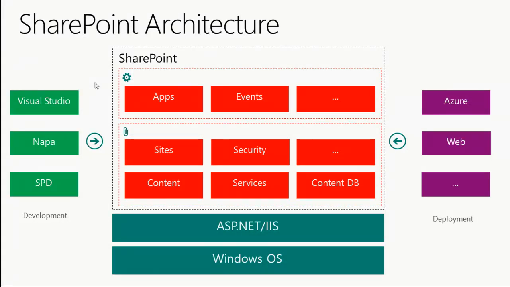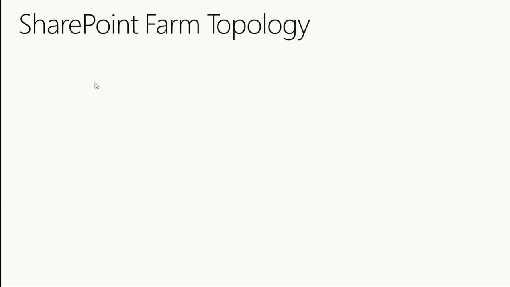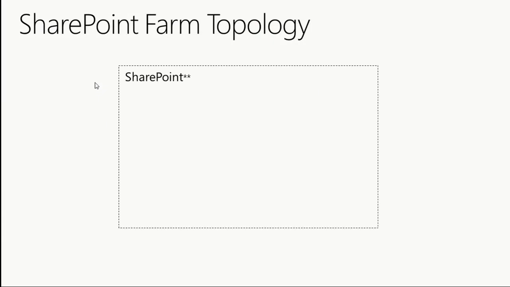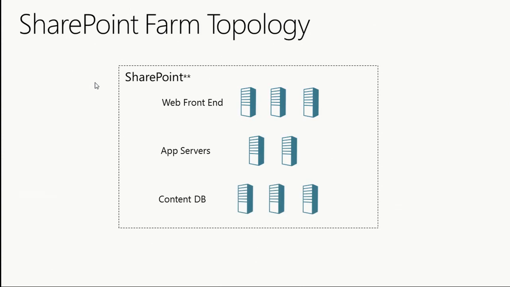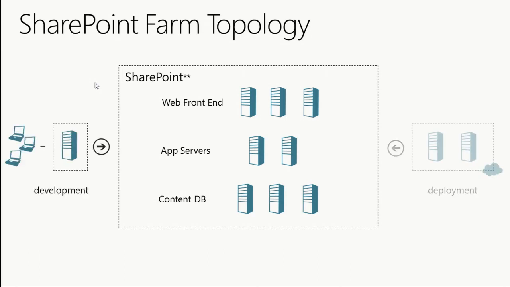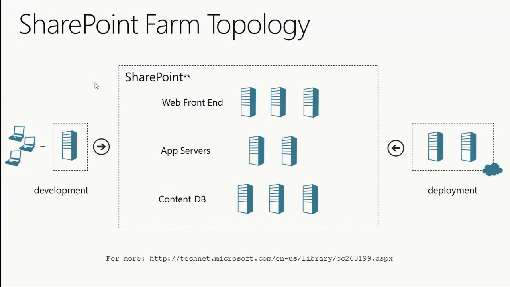All right, so very, very quickly, this is an IT pro thing, but I always like to show this because this gives you an idea. If I were to build a SharePoint farm of medium size, this is what it might look like in terms of servers that I might deploy. Okay? I'm not going to go into too much detail because this kind of reflects those boxes, but then this says I've got web front ends that I would build that would house some of my SharePoint site. I've got app servers, I've got content databases. But it gives you an idea that there's a topology here that would have a small or a medium or a large, and there's various numbers of servers that would go into that.